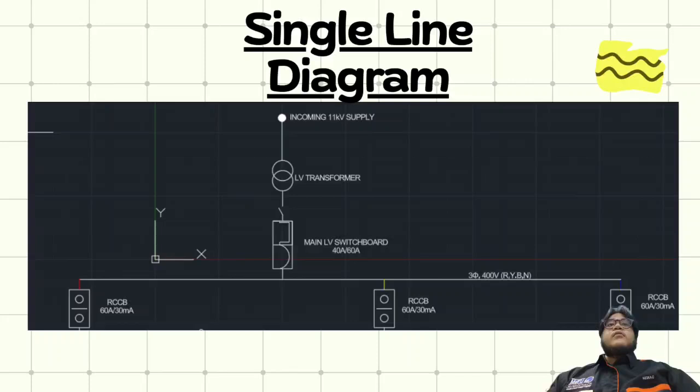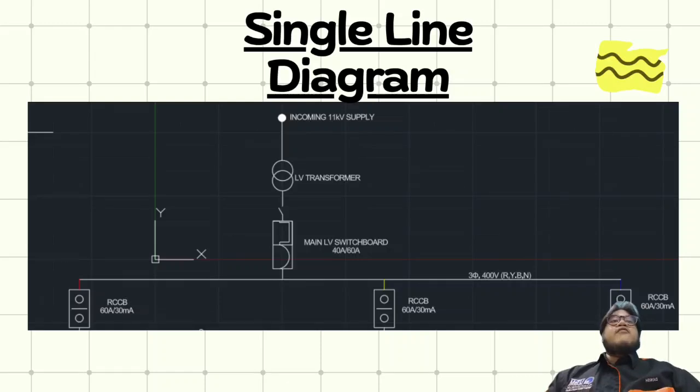Now I will explain about single line diagram. So this single line diagram provides a structured technical overview of the electrical distribution system, starting from the main incoming power supply protected by a high capacity molded case circuit breaker, which is MCCB, and distributing through a central copper bus bar. The layout utilizes a series of miniature circuit breakers, which is MCB, and residual current device, RCD, to branch